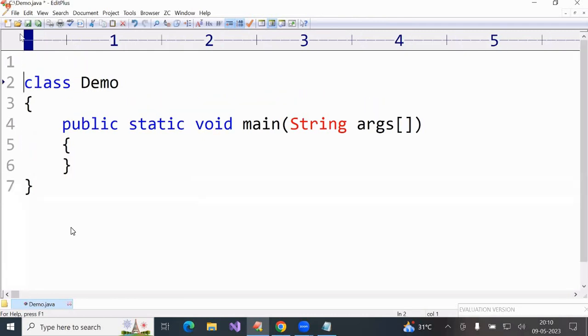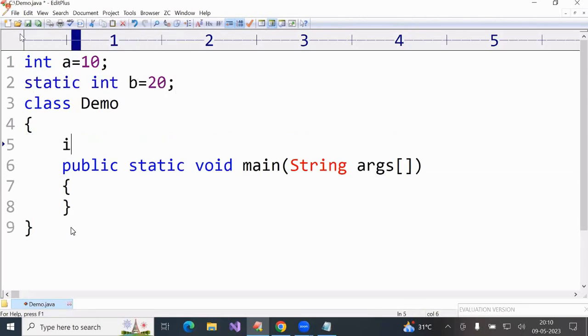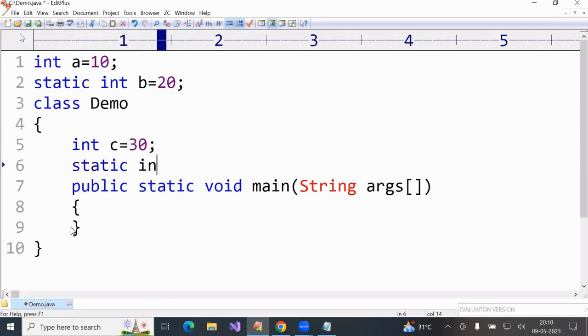I'll write some variables. int a = 10; static int b = 20; int c = 30; static int d = 40; int e = 50;